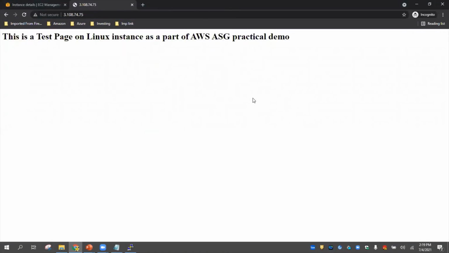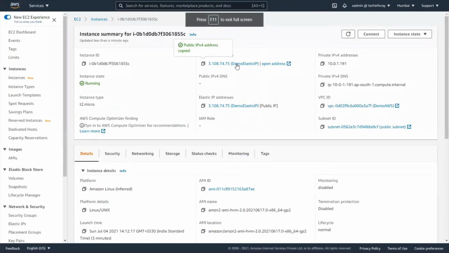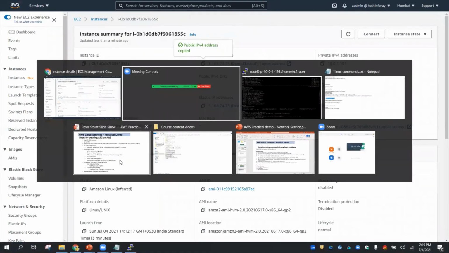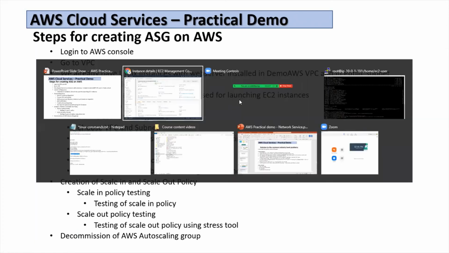That's great. This is a test page on Linux instance. That's the page that we created on our web server. So our web server is ready. Let's create an AMI for this as a part of our demonstration. We have created the instance, and we will create the launch configuration for it.